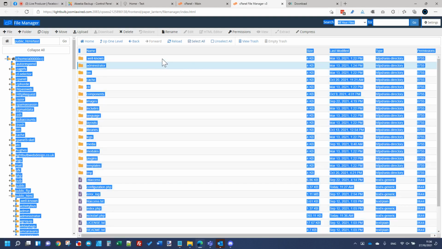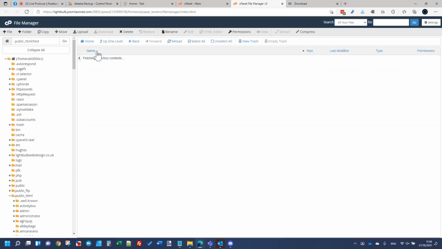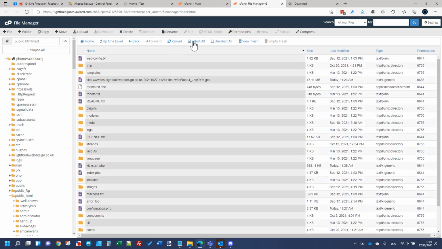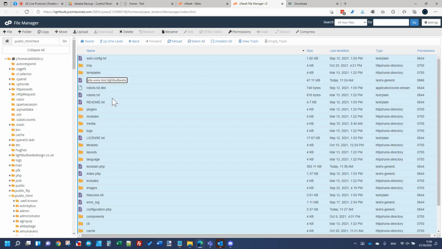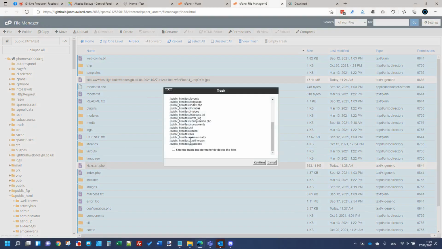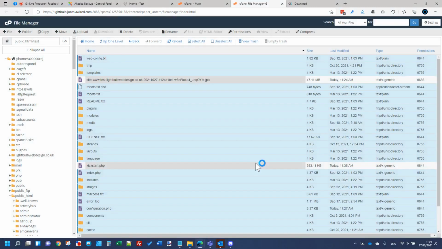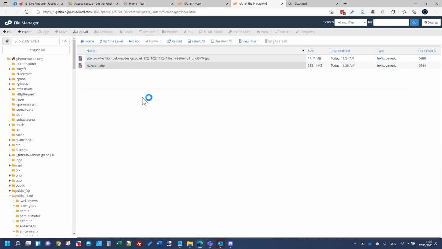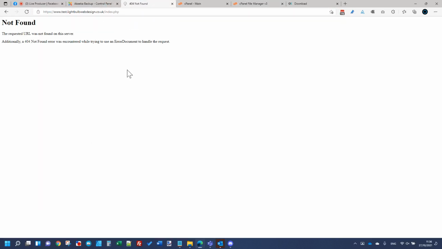Select all. I'm going to just keep the backup file and the Kickstart PHP. So I'm going to delete everything from my test folder. So now all I've got in there, if I try and revisit my website, I can't